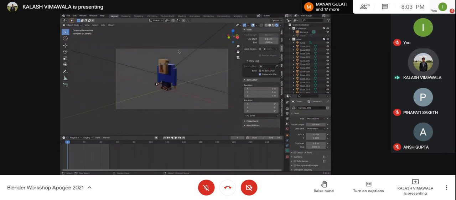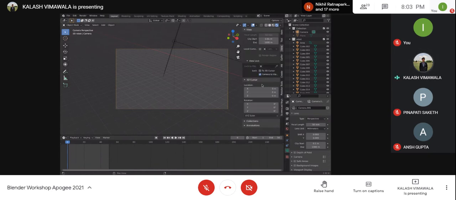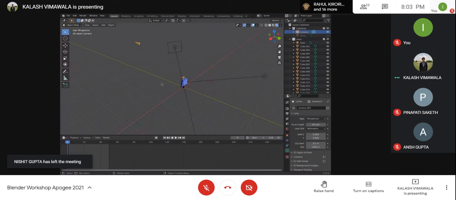Say my camera was pointing or seeing at something completely elsewhere. So right now the camera is seeing completely off my main object, right? So say I deselect this, my camera is actually looking somewhere else, whereas my object and my complete scene is over here, but my camera is looking elsewhere, somewhere around here.